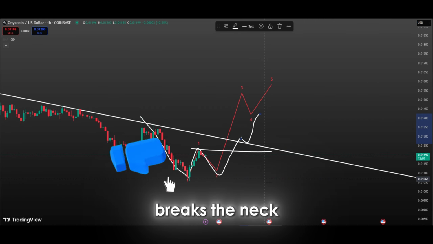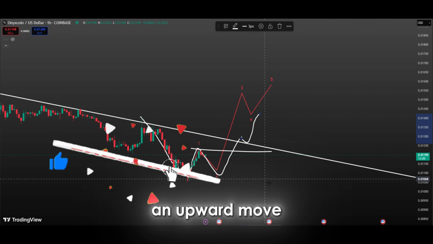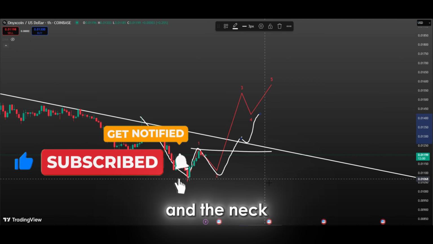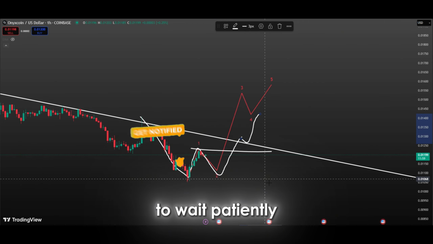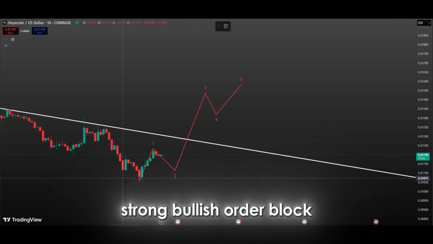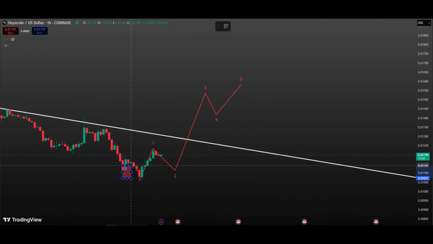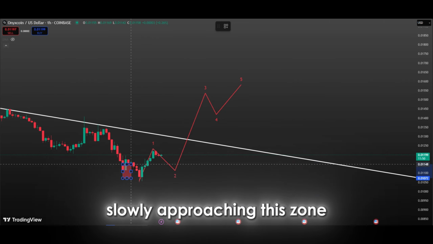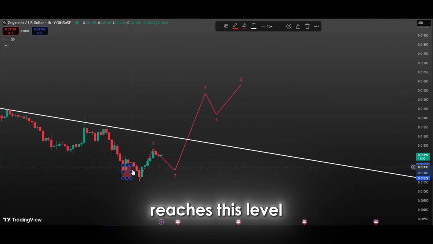If the price breaks the neck, then the pattern target would be an upward move by the distance between the bottom and the neck. Here we have to wait patiently for the pattern to be completed. Analyzing the price action, there is a strong bullish order block just below its current position. At the moment, the price is slowly approaching this zone, and if it reaches this level, and there is a